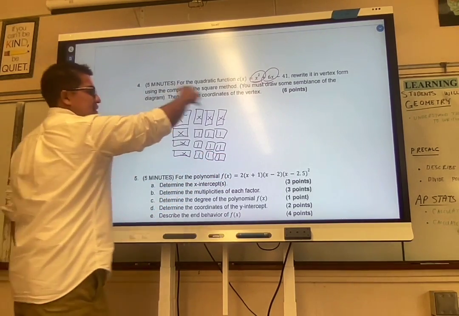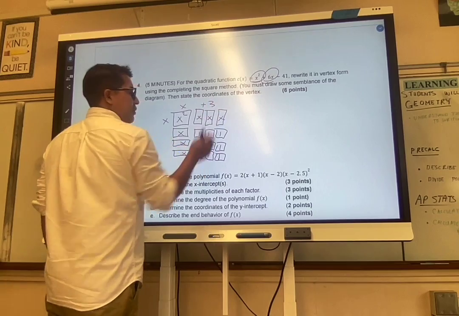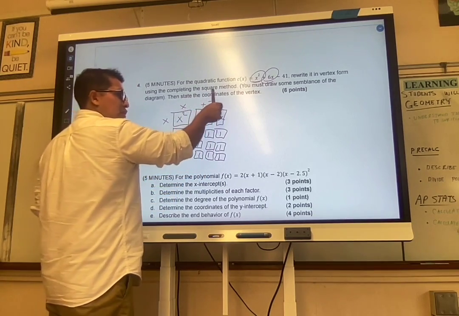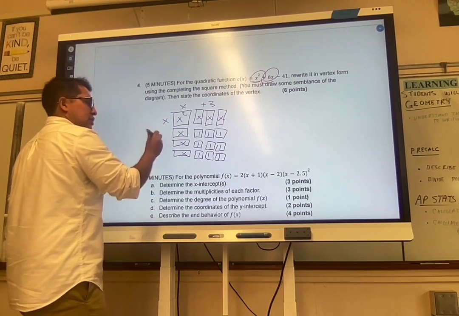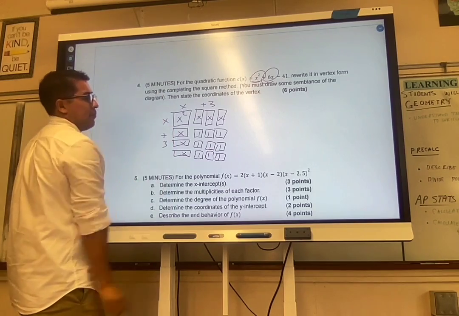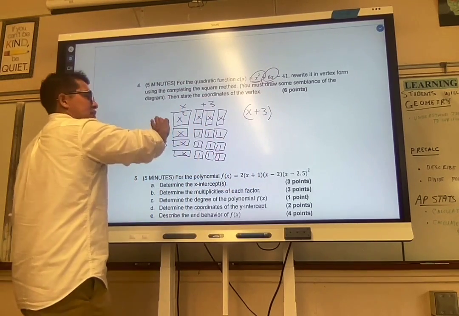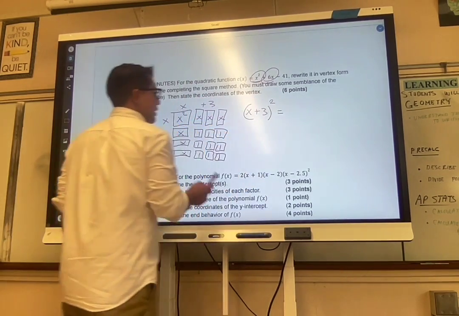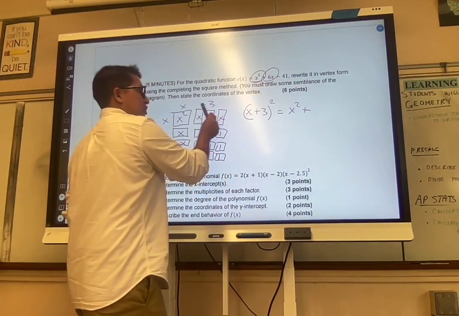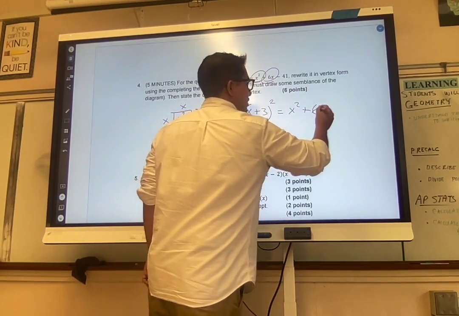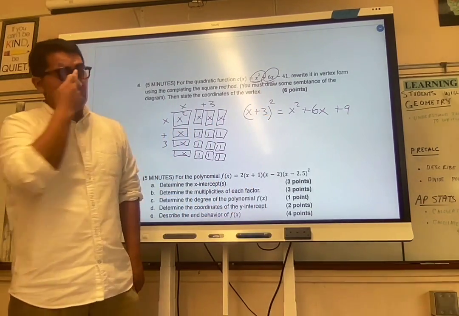So again, what are the dimensions of this big square that we made? It's x plus 1, 1, 1, so x plus 3, because each one of these rectangles has a width of 1. And same case going down this dimension. This is x, and all of these are 1, 1, 1, so this is x plus 3 going that way. So from the picture, we see that x plus 3 times x plus 3, aka x plus 3 squared, gives me a total area of 1 x squared, 1, 2, 3, 4, 5, 6 x's, and then a total collection of 9 single ones. So at that step,